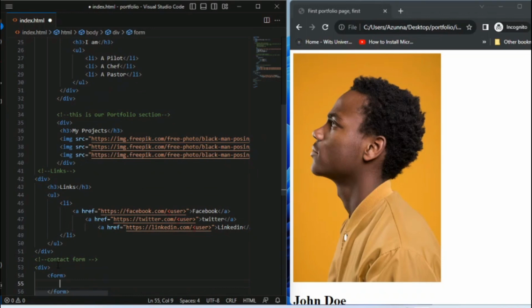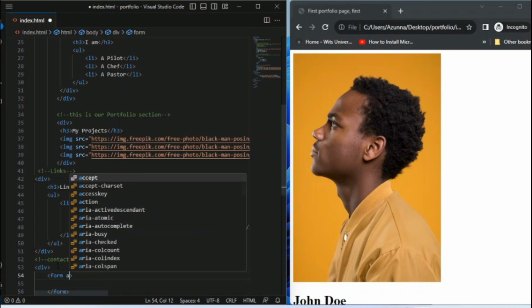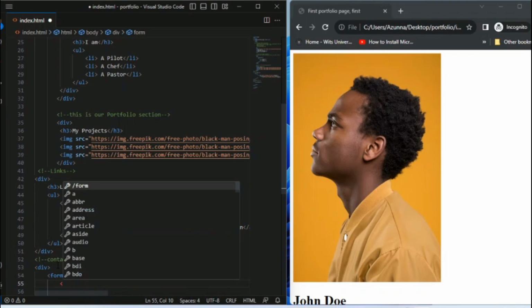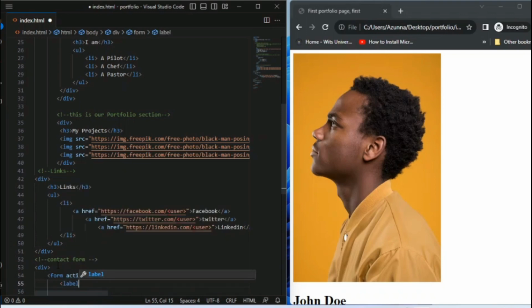Inside our form tag, our form should have an action which is equal to hash. All right, great. So now also we should have a label which should be for